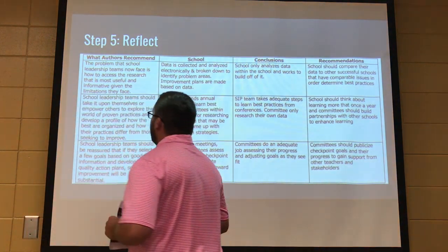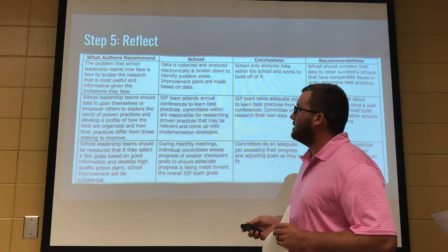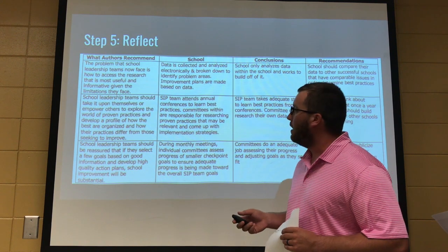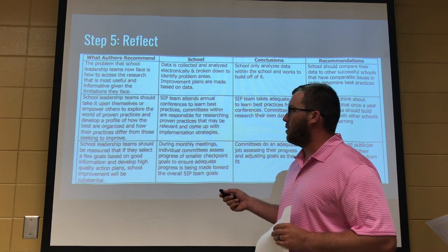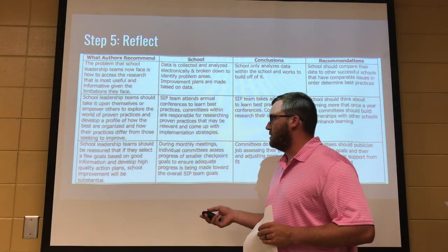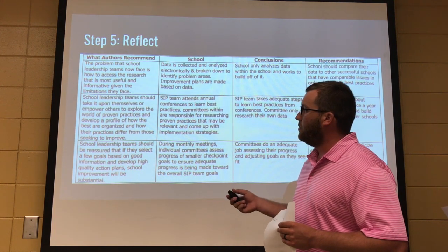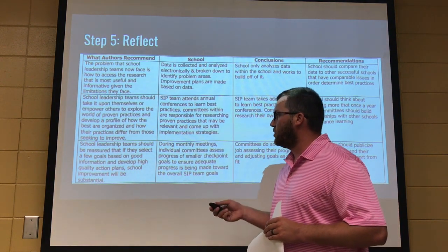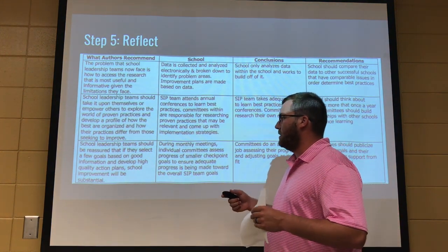Step 5, we're looking at the reflect. The problem that school leadership teams now face is how to access the research that is more useful and informative. School leadership teams take it upon themselves to empower others to explore the world of proven practices, and develop a profile of how the best organize and how the practices differ from those seeking to improve. And then the last, what we read in the book for its recommendations, school leadership teams should be reassured that if they select a few goals based on information, they are going to act in quality action plans